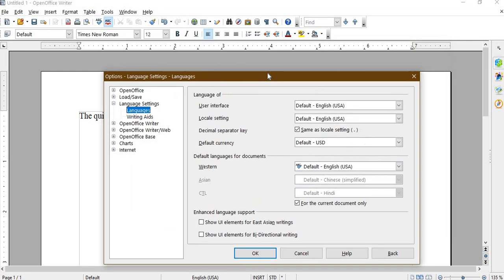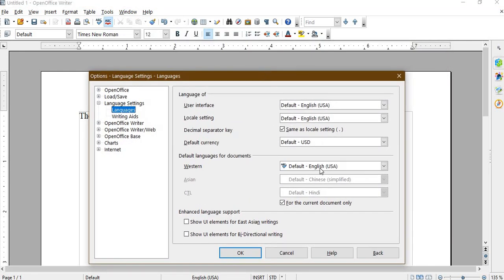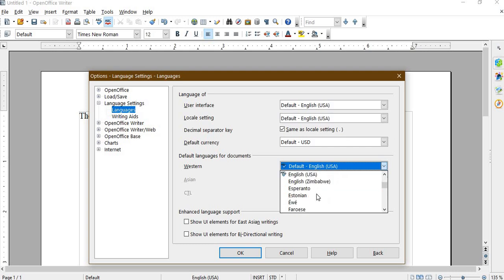Now here you can select your language. The tick sign is checked against the language. That means the spelling and grammar check will be done for these languages, and if your language is not checked here, you can check it, so that the word processor will start checking spelling and grammar for your language.